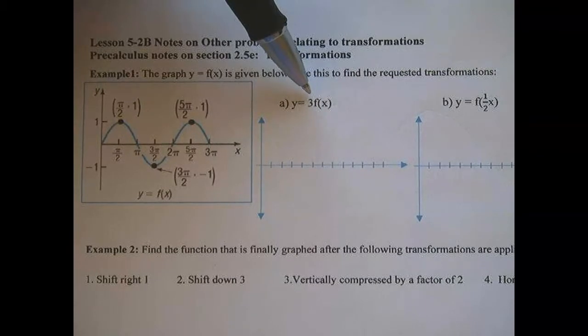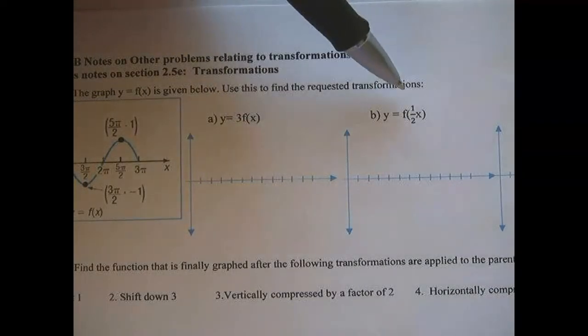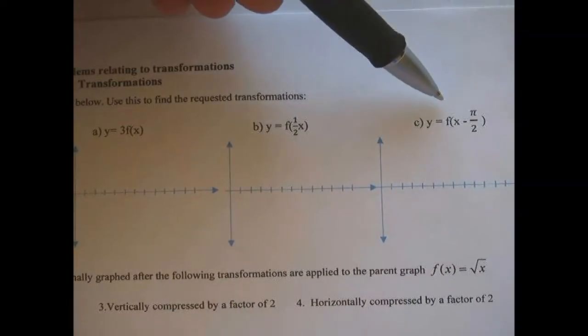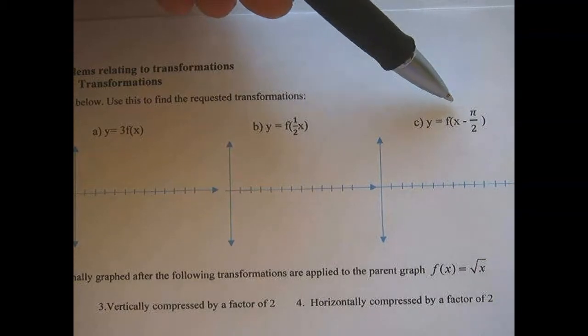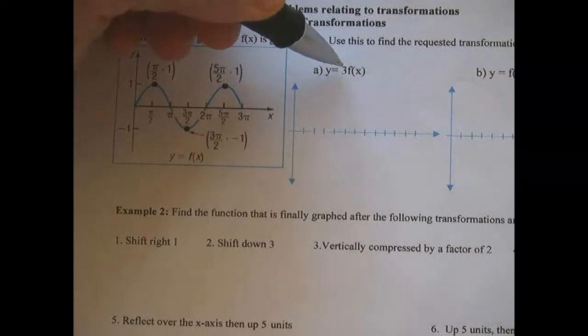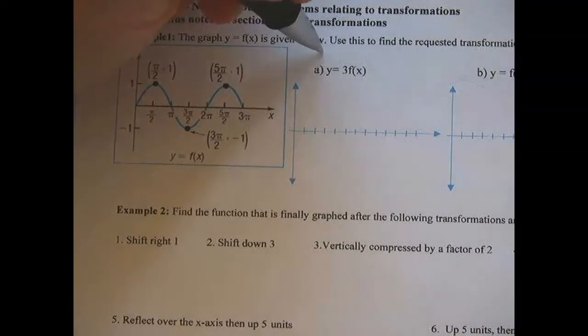And we want to know what will happen to the function when we multiply it by 3 on the outside, and then what will happen if we multiply it by 1/2 on the inside, and then what will happen if we subtract pi over 2 on the inside. Okay, so the first one, because this affects the y's only and nothing's happening on the inside,